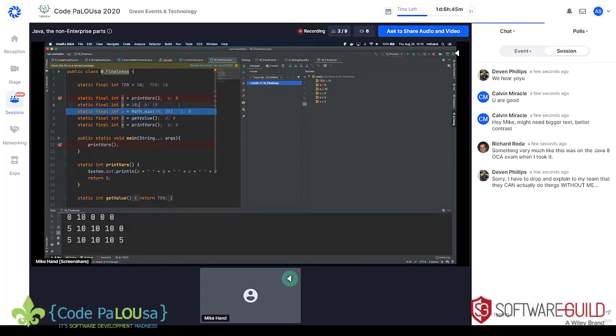B got skipped over because at that point, there's actually not a line of code to run there. B had already been assigned. Now we're here at C. The value of math.min is going to be assigned, and we're going to get back a 10.